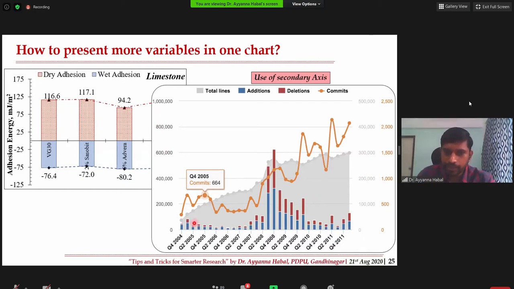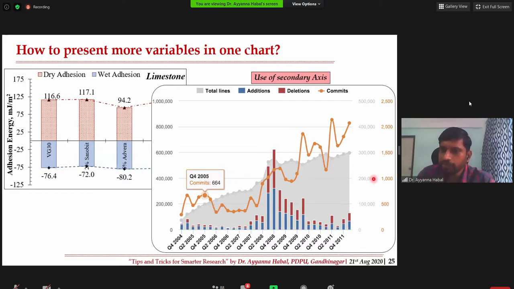If you see, this is the x-axis and y-axis, and their data is relevant to this. Here they have used a bar chart, again two types of bar charts, along with an area chart. And this is the line corresponding to the secondary axis. Here we have to note that the color of this axis or number and this should be matched. Then only the reader can refer to this. If we do not indicate this, it may so happen that the reader tries to read from this axis, which is not correct. For example, this data point is 664, which is not matching with this axis. If you compare with this 500, yes, this is logical, right?